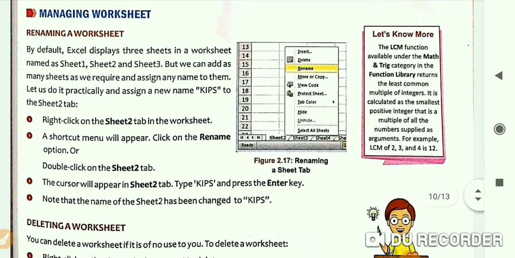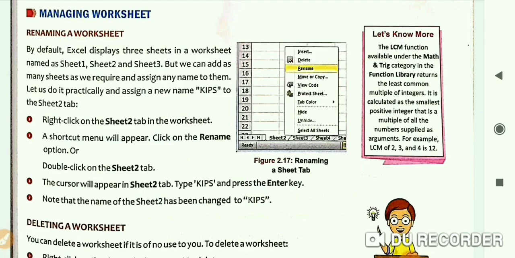Now, managing a worksheet. How to manage a worksheet? Children, you can rename a worksheet. By default, Excel displays 3 sheets in a workbook named Sheet1, Sheet2 and Sheet3. But we can add as many sheets as we require and assign any name to them. To rename a sheet, like if you want to rename the Sheet2 tab, just right click on the Sheet2 tab.